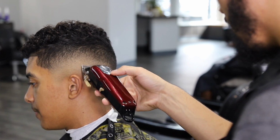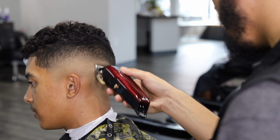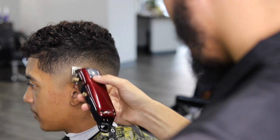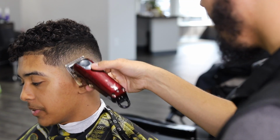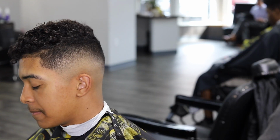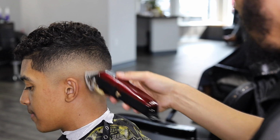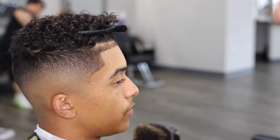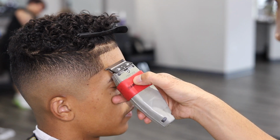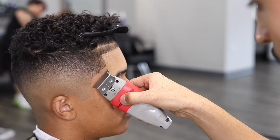So I took the half guard off. I'm going in open, attacking that dark spot. See, I'm going in a little bit shorter in areas that I set a guideline in with the one open. Like, you just kind of gotta figure it out. You gotta keep playing with the lever, playing with guards, to see what works and what doesn't. And then it's just gonna make that blend go to the next level, because I could easily go through the steps, all that, and the hair could be smooth. But if you want it to be next level, you want it to be Instagram perfect,